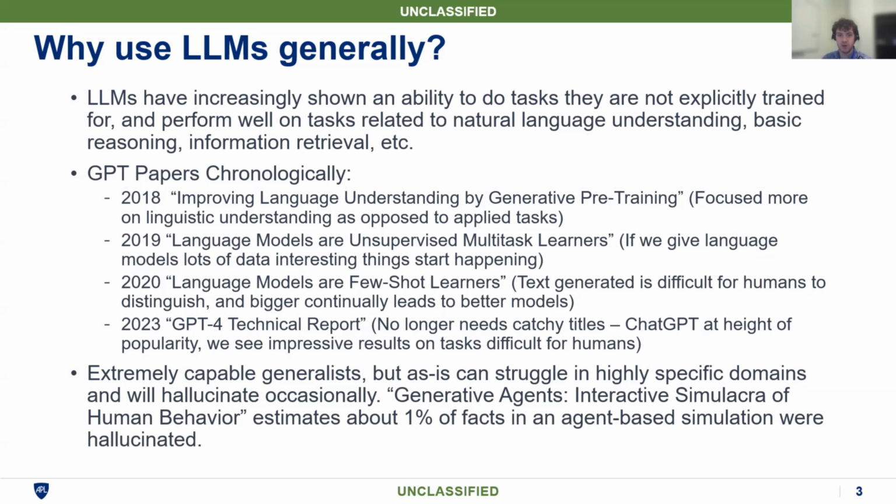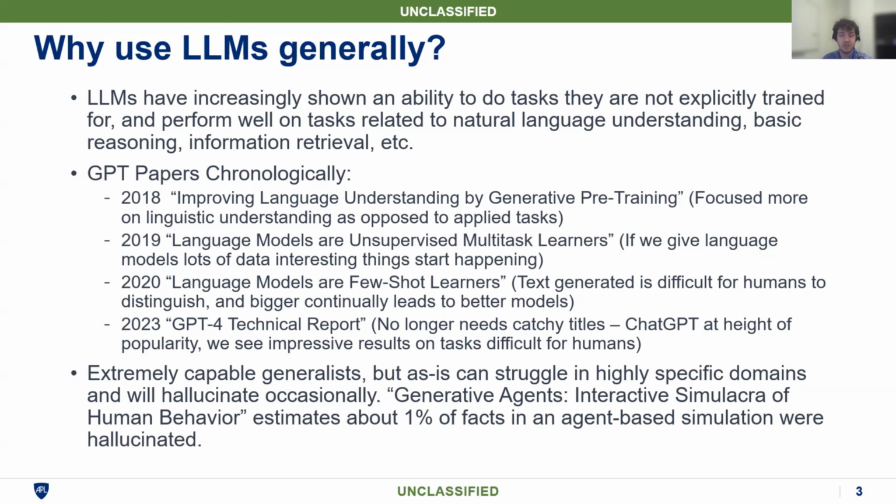2019, we have Language Models are Unsupervised Multitask Learners, which is basically, okay, they're unsupervised now. If we give language models lots of data, interesting things start happening. It starts creating sentences that seem more realistic, that a human could hypothetically think that another human had written. GPT-2 certainly had its issues. It's not extremely human-believable text yet. And still, for it to do any sort of useful things such as summarization or translation, you have to fine-tune it, basically train it again yourself for a specific task.